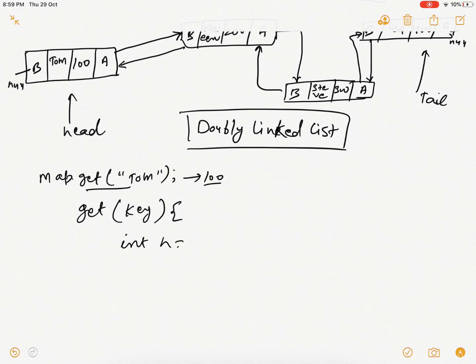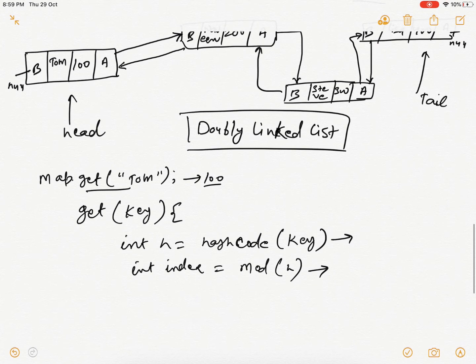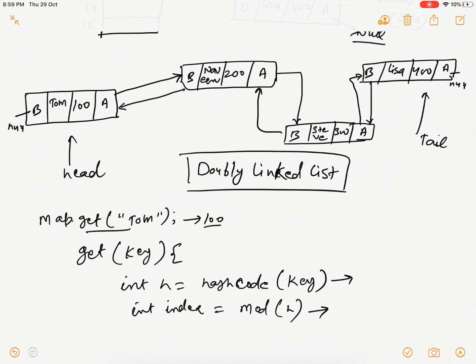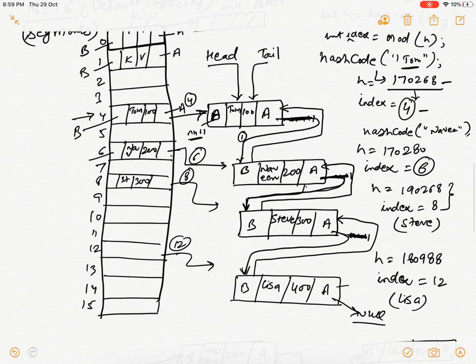So I'll get my hash code, h is equal to one method I'll be calling, hashCode, on whatever key you are passing. Then I'm getting the index over here, that is also an integer, is equal to some modular operation on this particular hash code. Then it will go and check in this particular linked list, for Tom, whatever the value we were getting for Tom, the hash code for Tom was